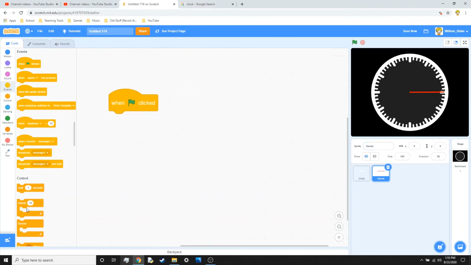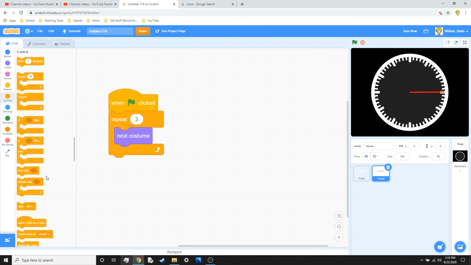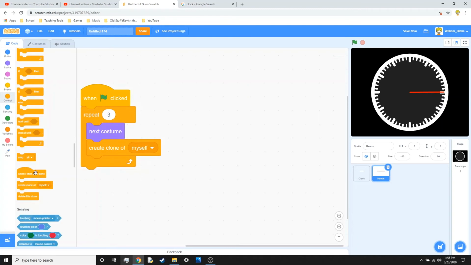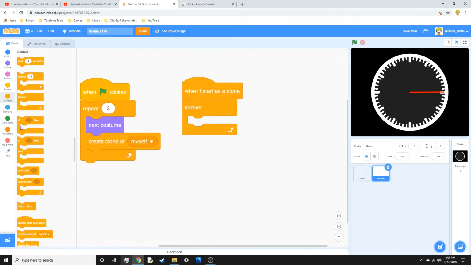Now, to do this, I'm going to simply say, when the flag is clicked, repeat 3 times, switch to the next costume, and create a clone of myself. Now, if you have more than 3 costumes for some reason, you might have to adjust this code, but you want to create a clone of each picture. One clone with a different picture for each of them. Then, we're going to say, when we start as a clone, in a forever loop,